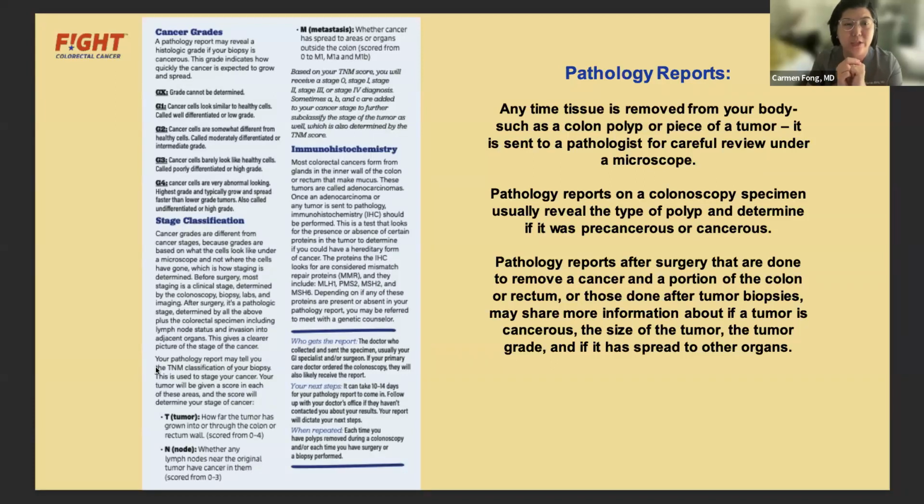So when I say that staging can change, you get a clinical staging when you first get diagnosed with a biopsy in your colonoscopy. No, after your colonoscopy. I tell people it's kind of like if you take the top of a muffin, you get a little sampling of that muffin, right? You get the flavor of it, you get a couple cells in it. But what you truly need after that is to slice the muffin in half and see how deep the cancer goes. And that's what you get after surgery, when the entire tumor has been taken out and it's sliced up and looked at under a microscope by the pathologist.